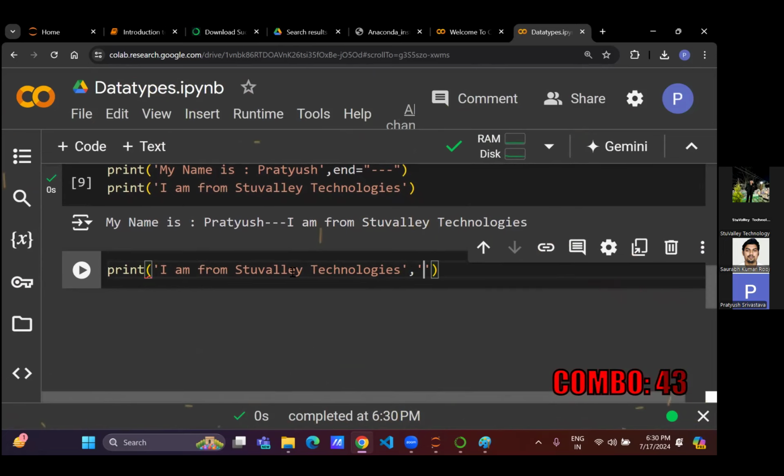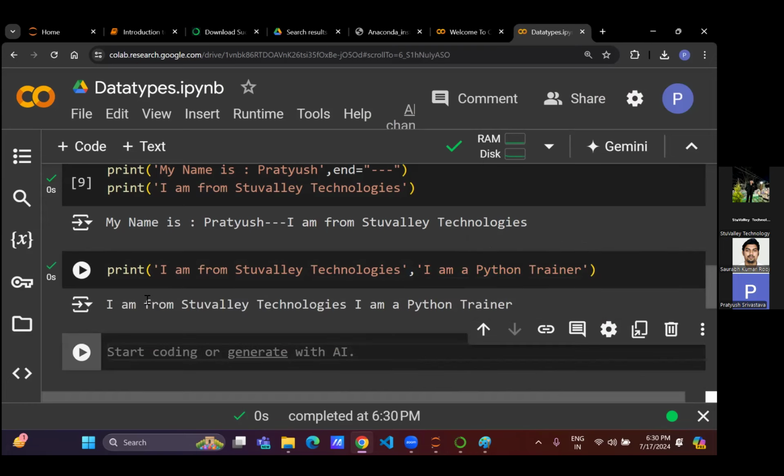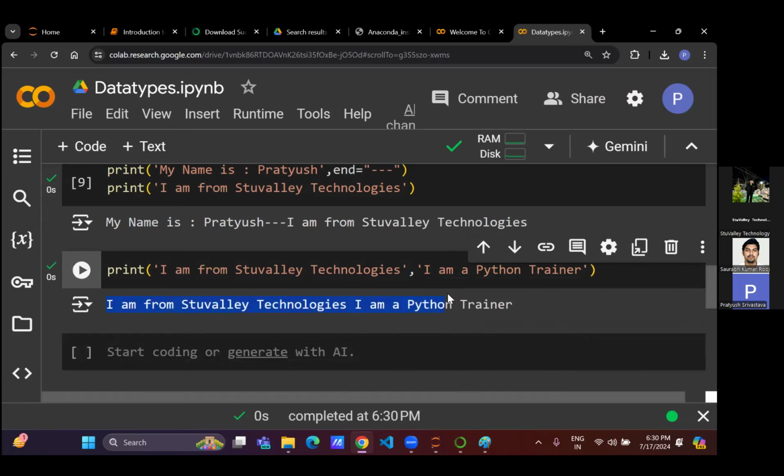And my second content is "I am a Python." Okay, two contents I am trying to print: "This is my first content" and "This is my second content." So if you want to print like this, see here, what result will we get? We are getting the same result like this. Now suppose that between these two contents,